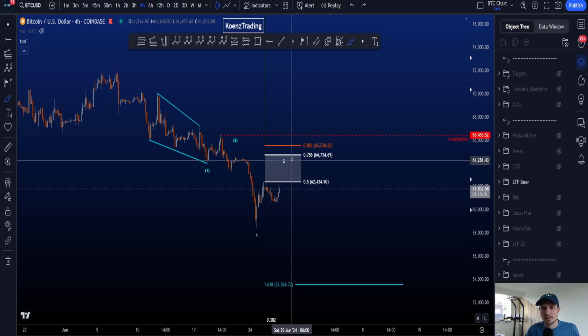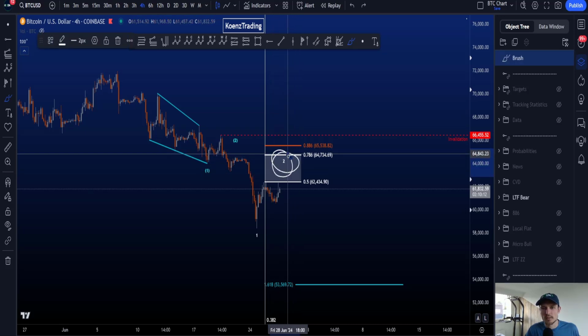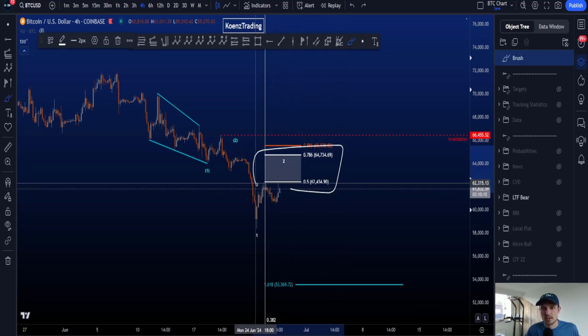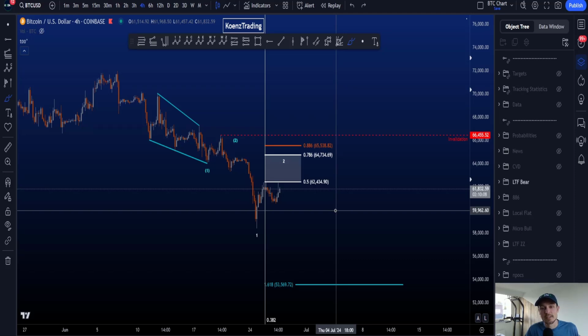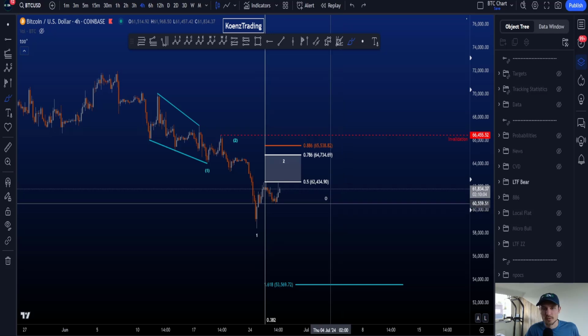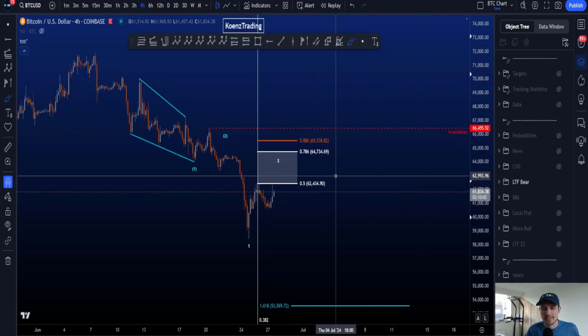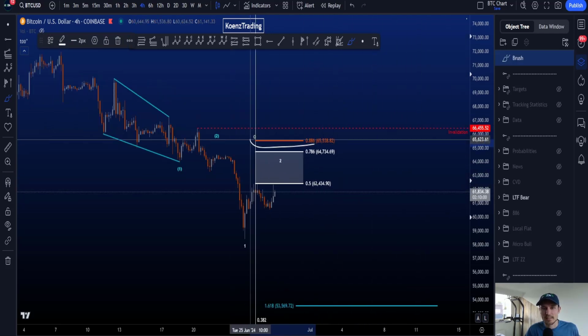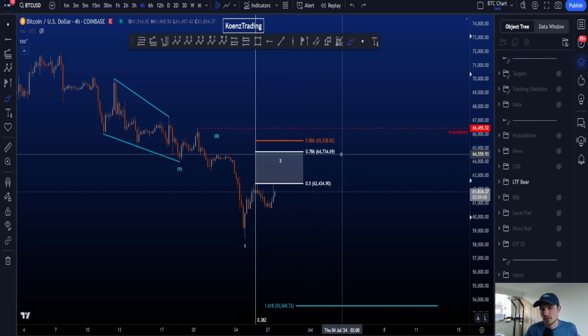Now in this case, we are looking for the wave 2, the common target area on the chart, the 0.5 to the 0.786. The 0.5 has been touched here, 62.4K, 65K to 64.7K, and the 0.886, a very rare target for a wave 2. You don't want to hit that,